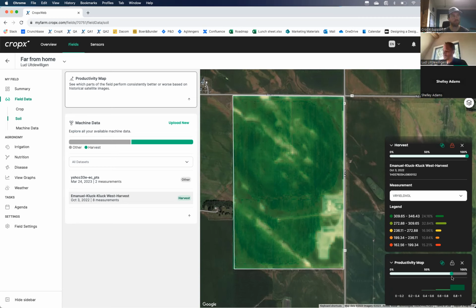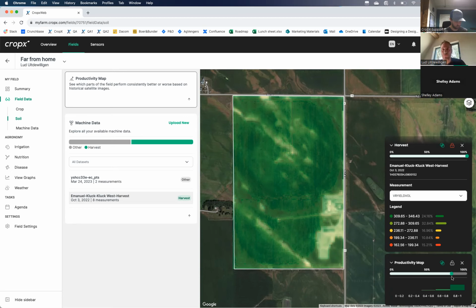Okay, let's go to the next topic, which is about scouting. So we're talking about machine data and imagery in general. We've talked about yield analysis and how you can compare it with different agronomic layers and try to find the cause of why areas are lagging behind. If you talk about scouting,